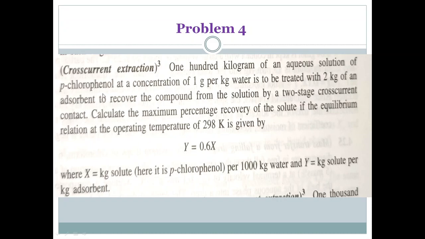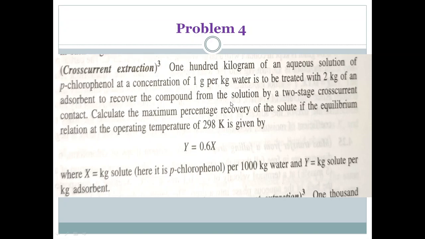So we have para-chlorophenol, the concentration is 1 gram per kg, okay, and we have 100 kilogram of this aqueous solution, and now this 100 kilogram aqueous solution I want to treat with 2 kg of absorbent to recover this